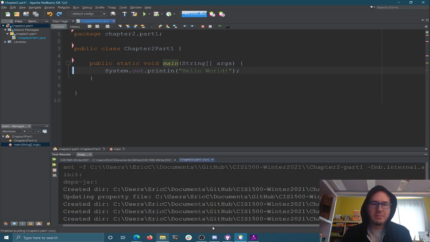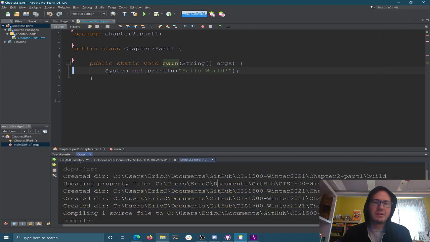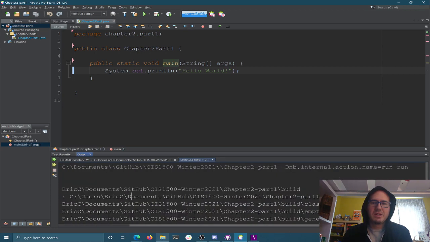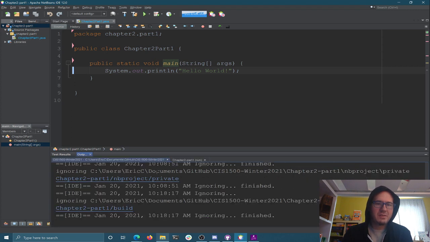Okay, so it is compiling. So remember when we picked Java with Ant, it does this Ant thing. So Ant's called a build tool. It automates some tasks that are tedious for us. And some of those tedious tasks are doing all of these things that it's kind of spitting out here. So don't worry too much about it. But eventually what happens is, over here,